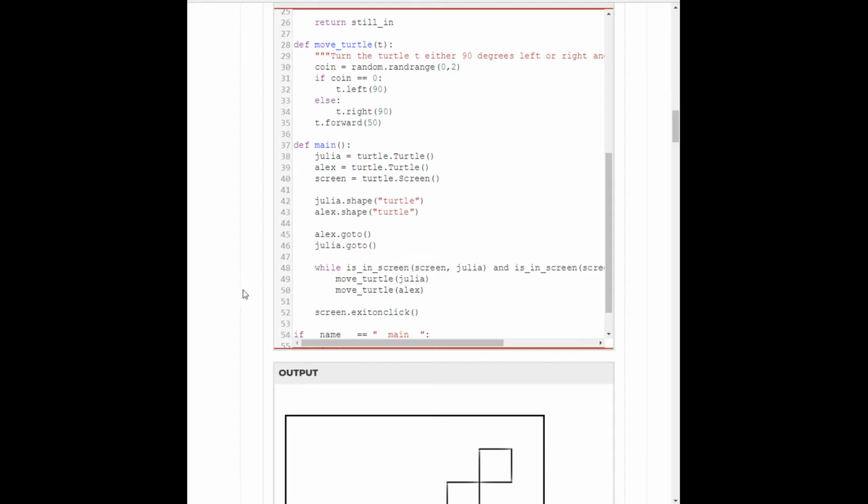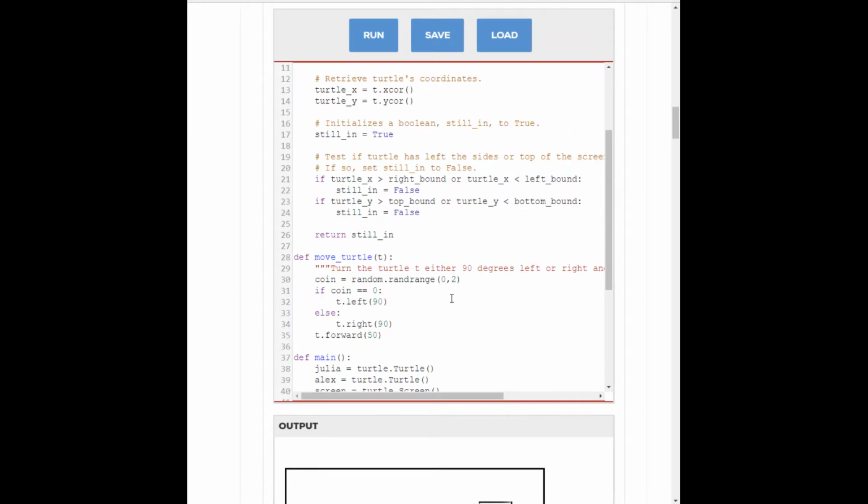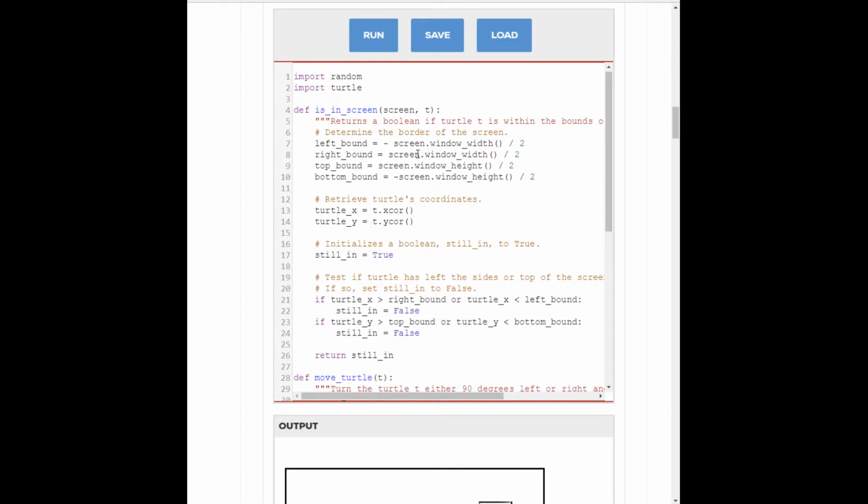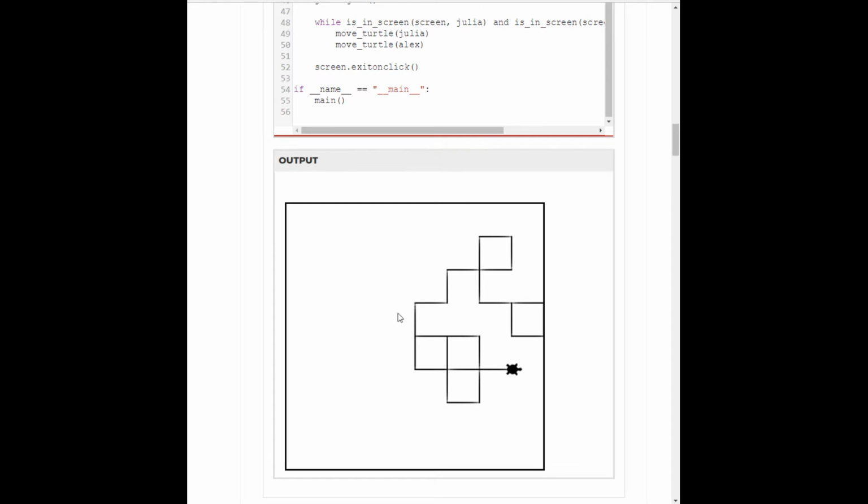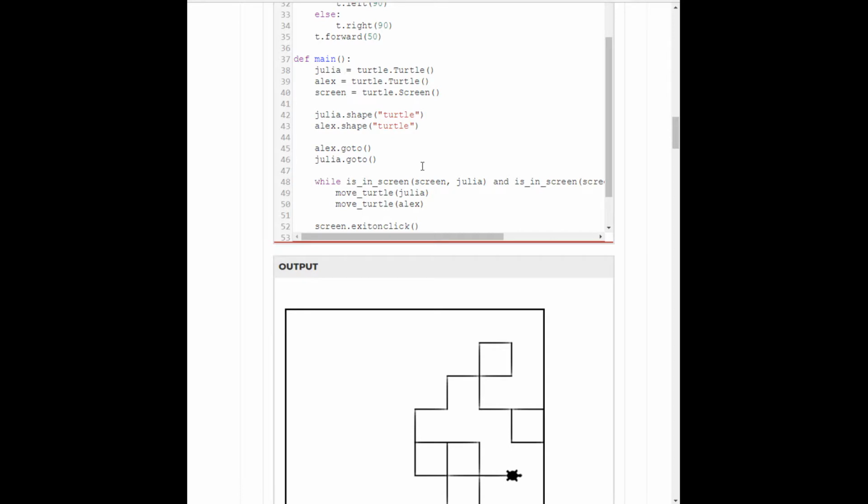Now, we know that the screen is defined by screen.windowWidth and screen.windowHeight. So that determines how far away from 0 on each side of this is. So if we wanted to make it general so that it works with either of those, we need to have Alex go to somewhere between